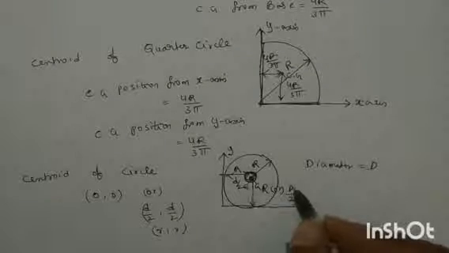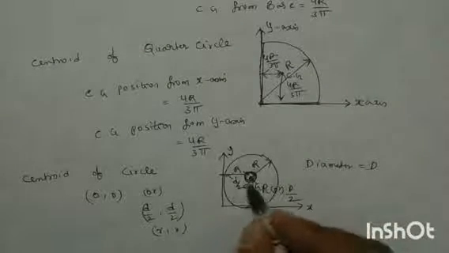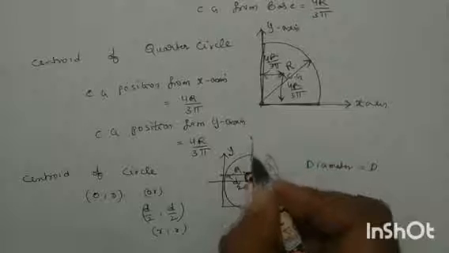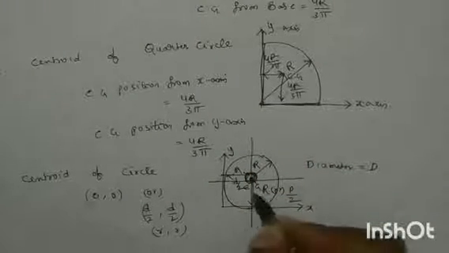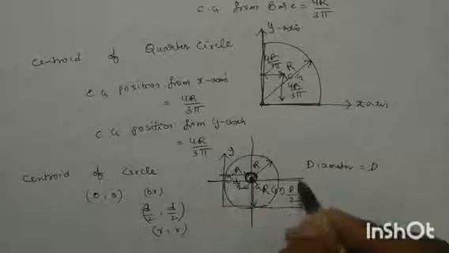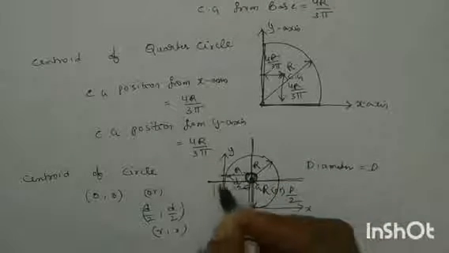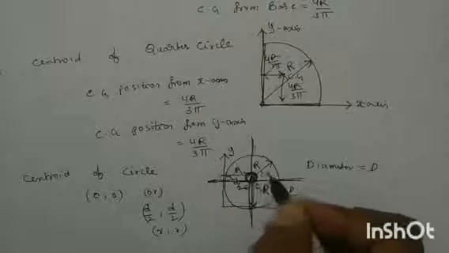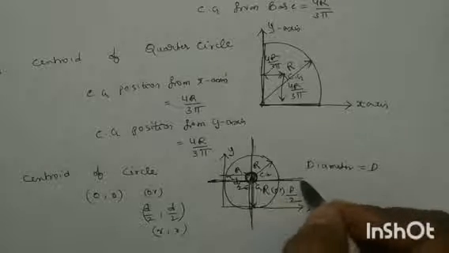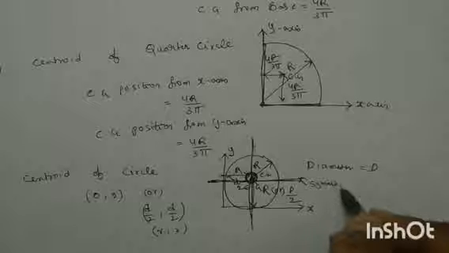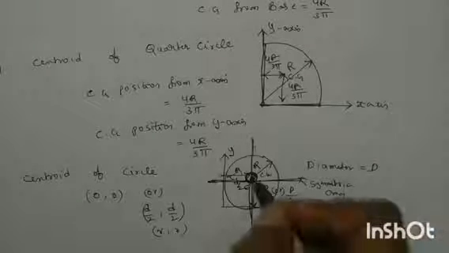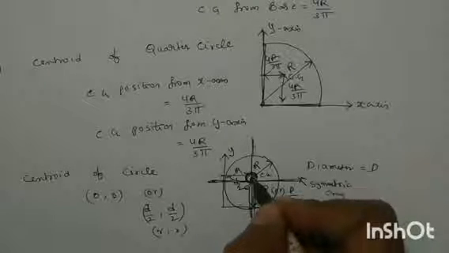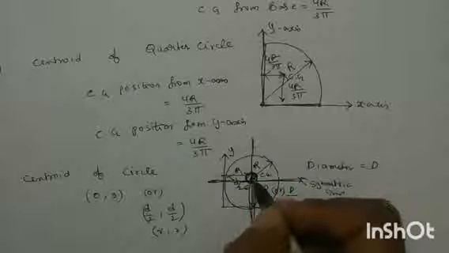You can observe one more point, that is the circle is symmetric about horizontal axis. See, this is the horizontal axis, and is also symmetric about vertical axis. See, now the centroid always lies on the symmetric axis. See here, if you consider this is the horizontal axis and the vertical axis, in between here the CG point lies here. See here, and the centroid always lies on symmetric axis. So you remember that while solving the problems you can find out the position or the location of the centroid with respect to the symmetric axis also.